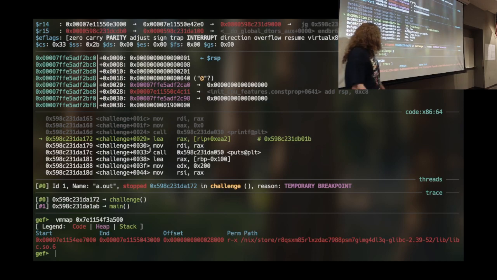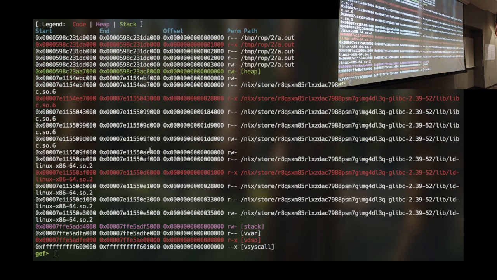On a normal non-Dojo system, this would actually be /lib/x86_64-linux-gnu something or another /libc.so.6. The paths are a little bit different because of Dojo reasons. But it is, in fact, libc. And if we were to vmmap here, we see that it's specifically this executable region of libc. Now that's the loader. It's this executable region of libc.